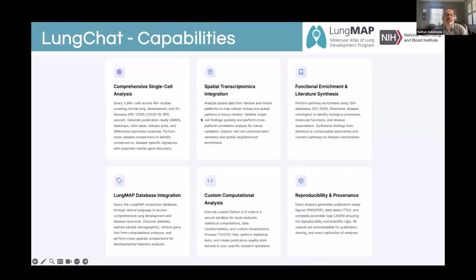There are a number of functional capabilities within LungChat. This includes some comprehensive single cell analyses, spatial transcriptomics and integration. So we're not just viewing spatial imaging data from Xenium and spatial transcriptomics from Visium, but we actually have direct integration between these. And so we basically align spots between Xenium and Visium. So you can ask, in which spots are these genes co-expressed across technologies and effectively have multimodal spatial queries across these two different technologies on the exact same sample.